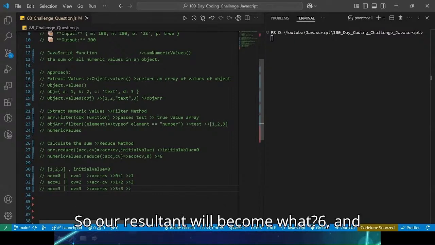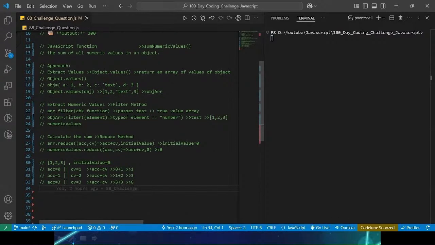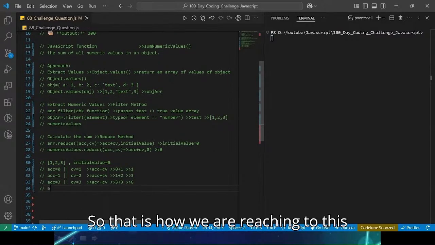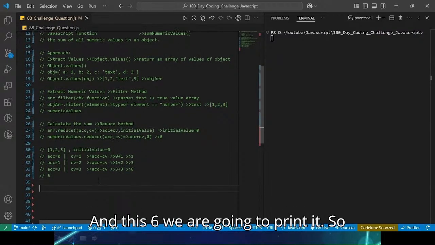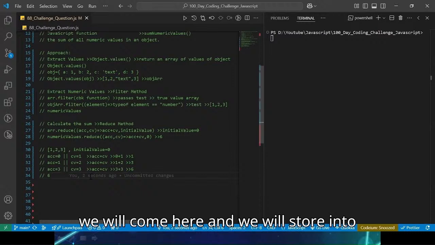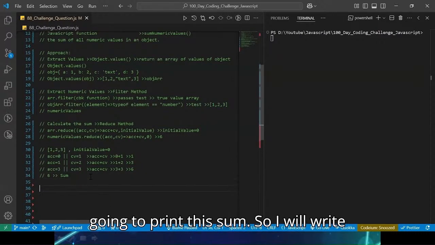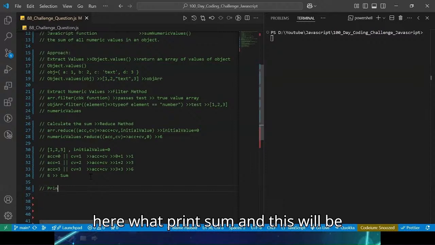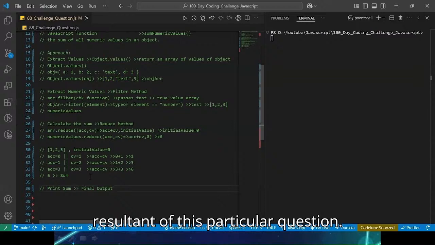So our resultant will become 6. And that is our final output, okay? So that is how we are reaching this particular 6. And this 6 we are going to print, okay? So we will come here and store it into a variable called sum, and we are going to print this sum. So I will write here print sum. And this will be our final output, or I can say the final resultant of this particular question,